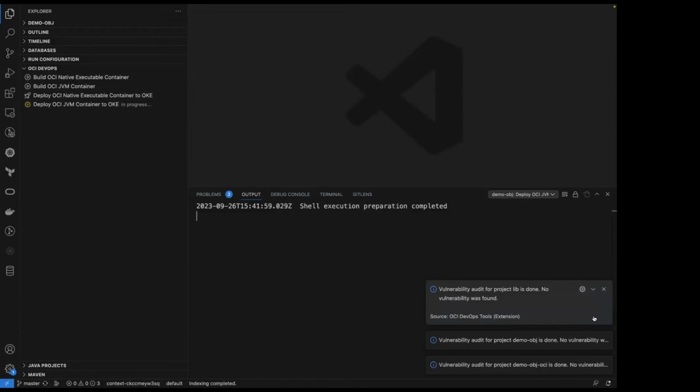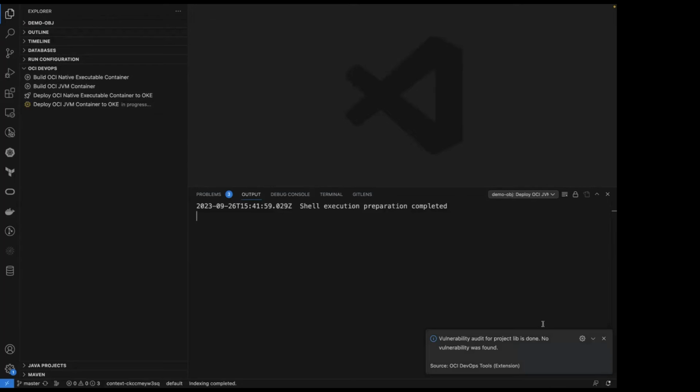And earlier on, we also mentioned the vulnerability reports. As part of the project being in OCI, you see that we get this vulnerability report directly embedded into our coding experience. So we're trying to not distract you from the flow of your development. You want this information where you're working, which is inside the editor.